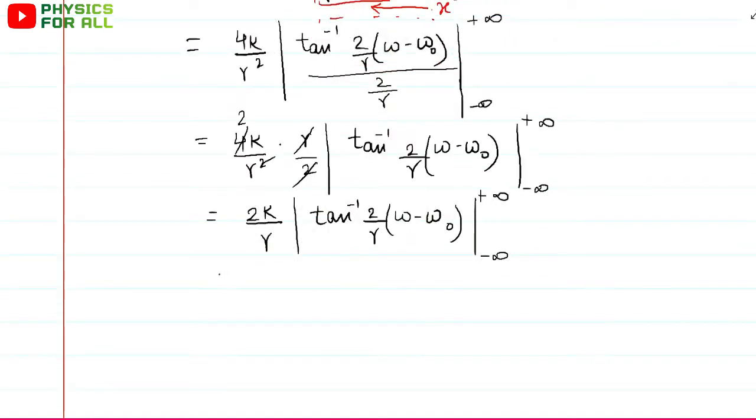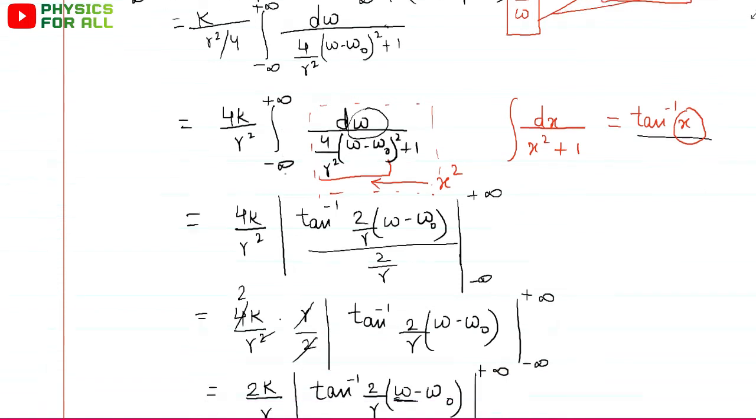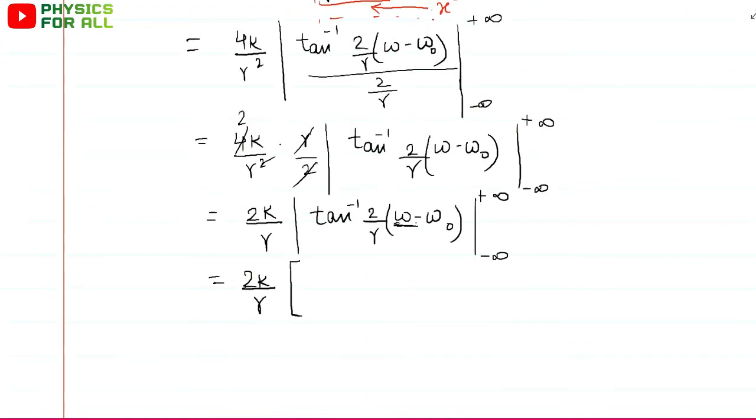Now is the time to substitute the limits. Remember, if we substitute the limit, we are going to use square brackets. We are going to substitute for omega. Always remember, we are integrating with respect to omega. So whatever limits we put, that would be only for omega. Omega naught is a constant quantity. We will not touch it. So even 2 by gamma is a constant quantity. So tan inverse, find 2 by gamma. This is basically what? Infinity minus omega naught.